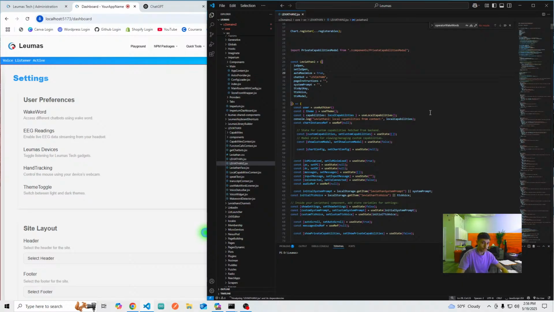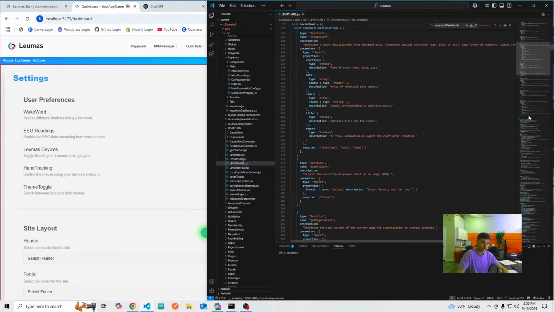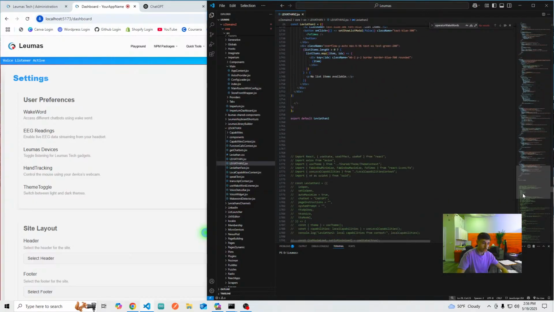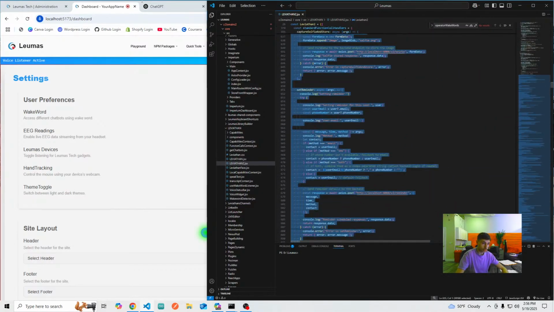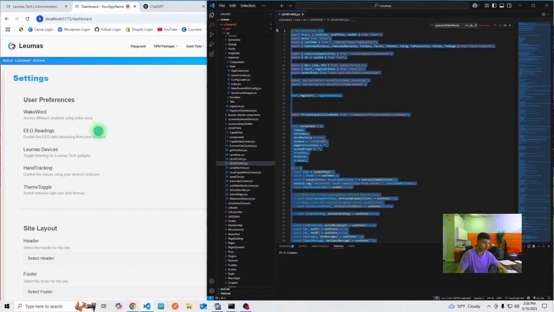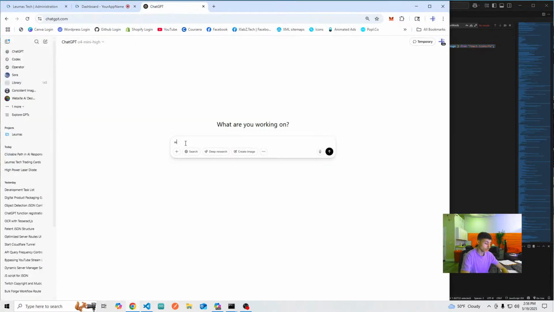And what we're going to do is create a system where, using this ChatGPT Leviathan 2 we made, a new function called that will allow